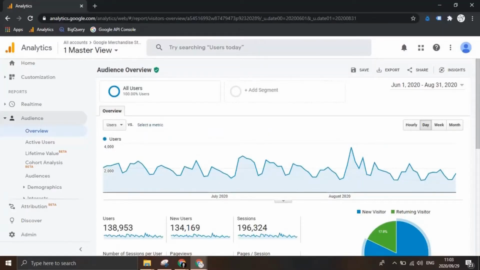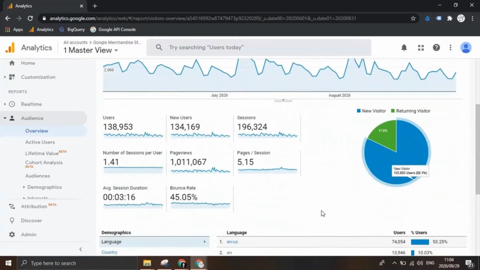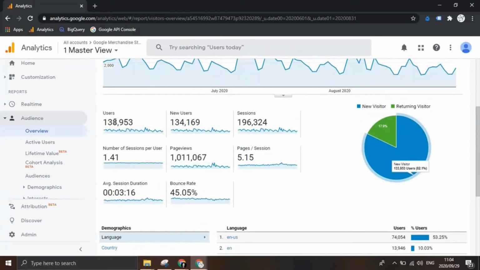Today we're going to have a look at how you can use the audience section of Google Analytics to get some information about your users. The first view we're looking at here is the overview, which gives you top-line metrics across the whole website. Here you might get information such as the number of users, time spent on the website, the bounce rate, percentage new versus returning, but this is all very high level